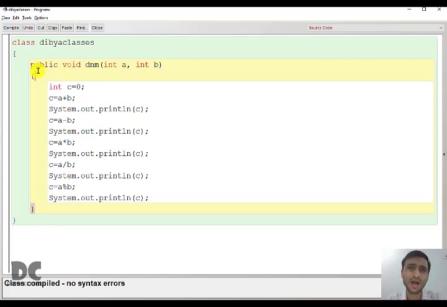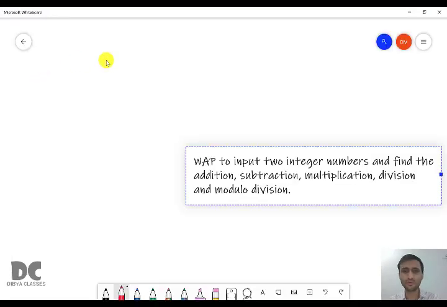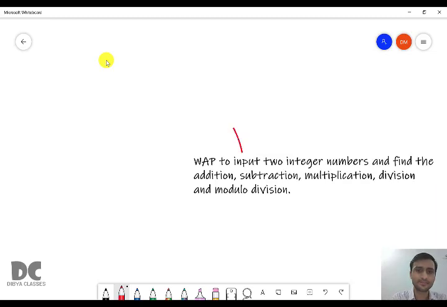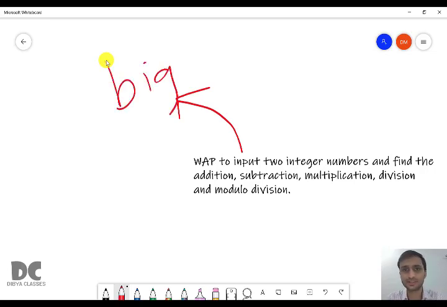So how will you know how many functions need to be used here? What you have to do is divide this program into multiple parts. Or assume that this is a big program, a calculator program. And this calculator program can do many things.